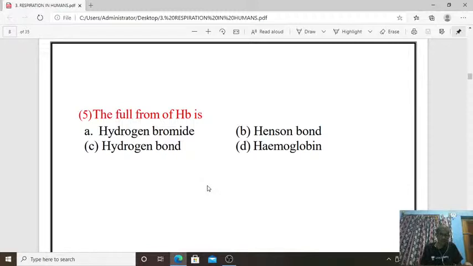Now, the full form of HB is what? What is HB? This is an easy question, isn't it? HB, abbreviation. It is hemoglobin. Hemoglobin is the oxygen carrying respiratory pigment, iron containing, in that also ferrous iron containing respiratory pigment present inside the RBC, that will carry the oxygen molecule. So that is hemoglobin. So one RBC is having hemoglobin molecules. So we can write it as HB.